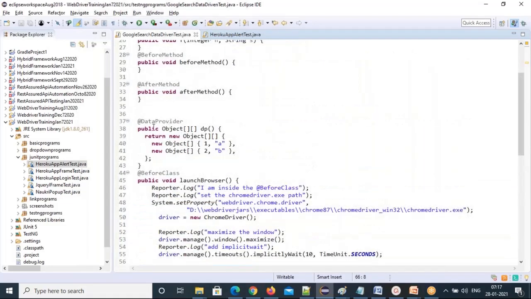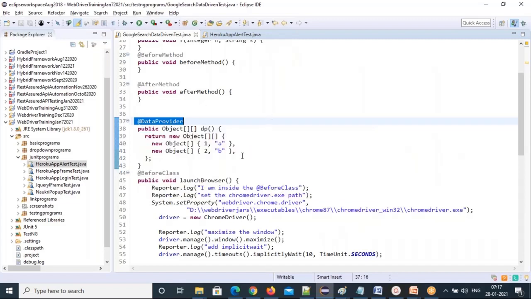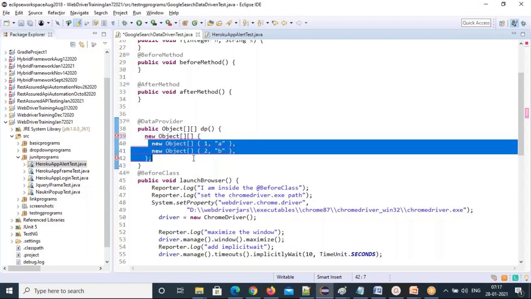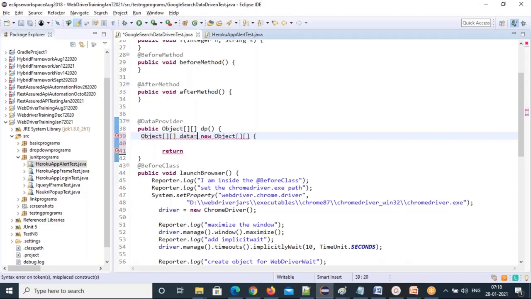Then in the data provider, we need to store the data. So I told you we need to create a two-dimensional array object. I'll remove all these things and just create an object two-dimensional array. So new Object, and the number of rows and number of columns we have to give here, right?